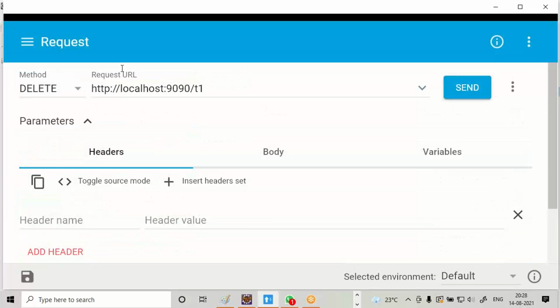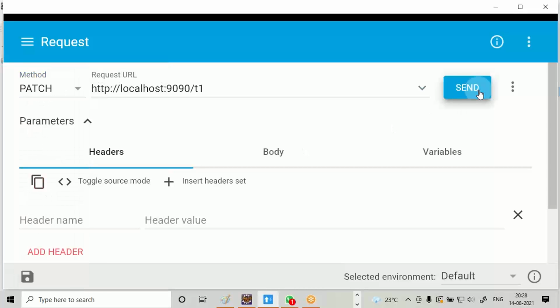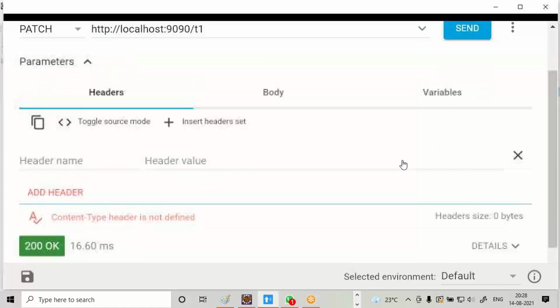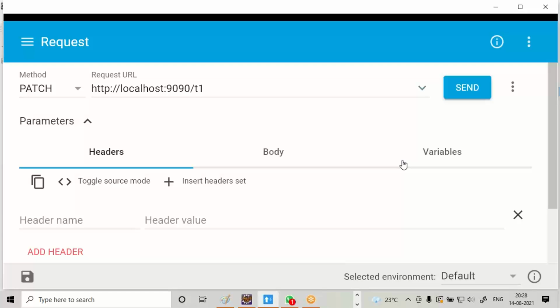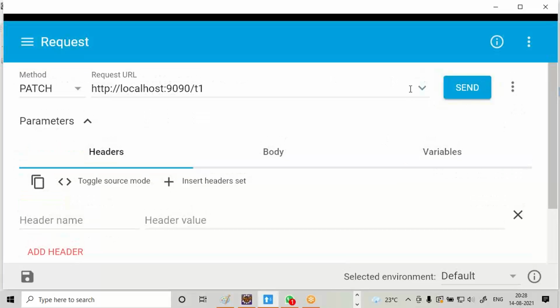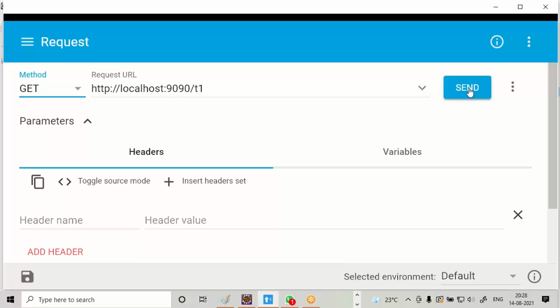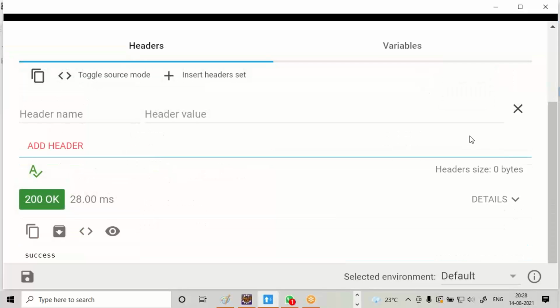Now, our T1 service is not allocated to a particular method type. Any method can make a call to T1. Now T1 service can be invoked by using any method. It can be a get, success.